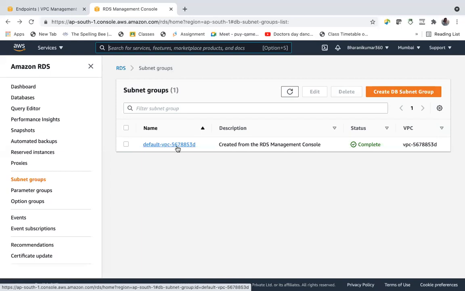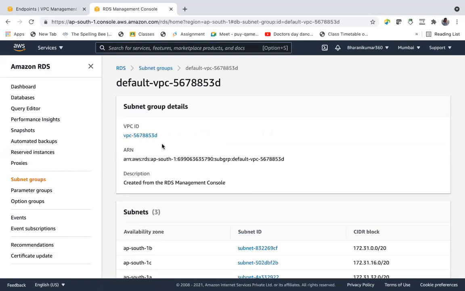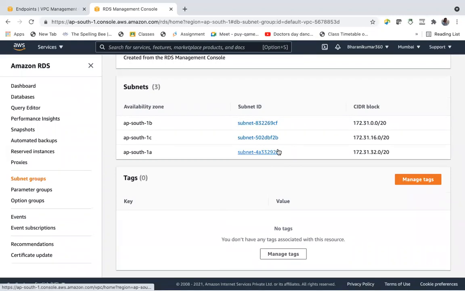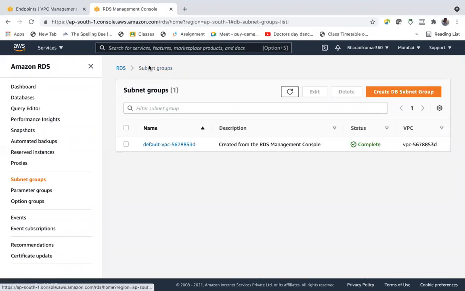So there is a separate subnet for DB instances, and it is in 1A availability zone, but it doesn't use the VPC subnet. It creates one more subnet, and we don't know what that subnet is, what its CIDR range is. AWS will not expose all these details for us. Okay, yes, it's there. These are our availability zones. Why? Because it's an AWS managed service. Need not bother about these things.